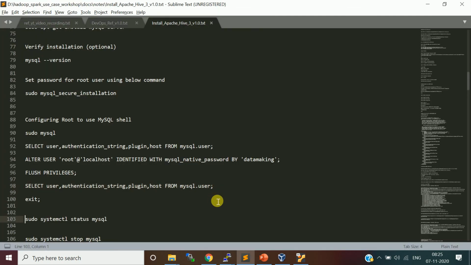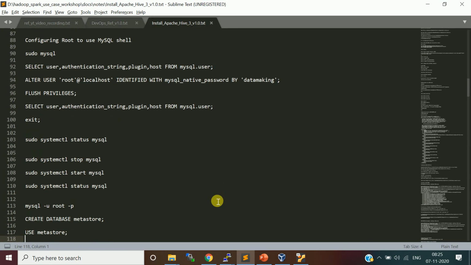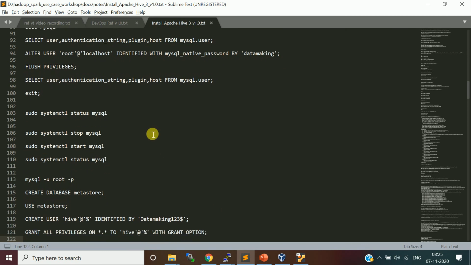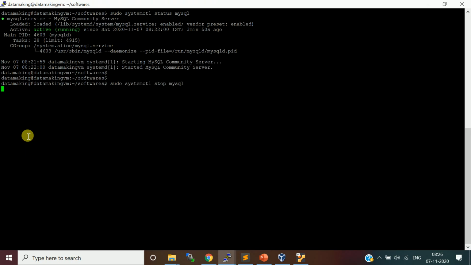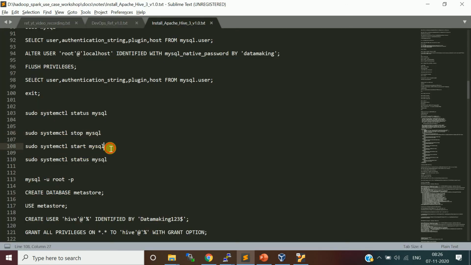Now, this is just to check the MySQL service. It's already running. To reflect this change, you need to stop and start it. I'll stop the MySQL service. If you check the status, it is stopped. I will start it.